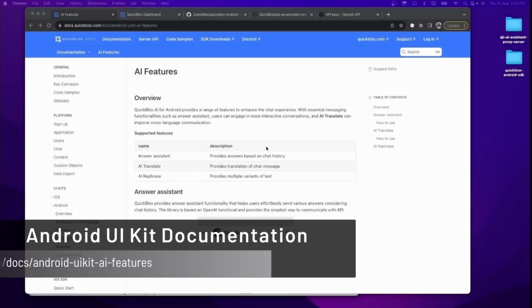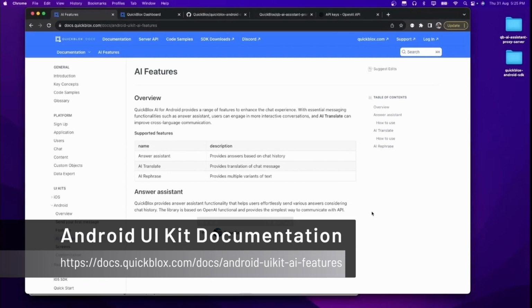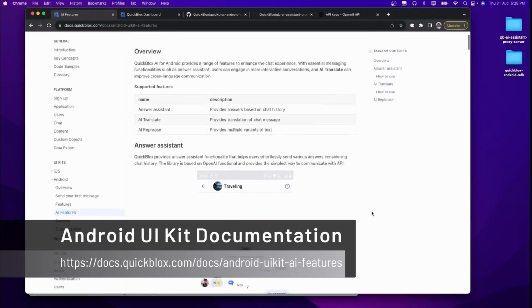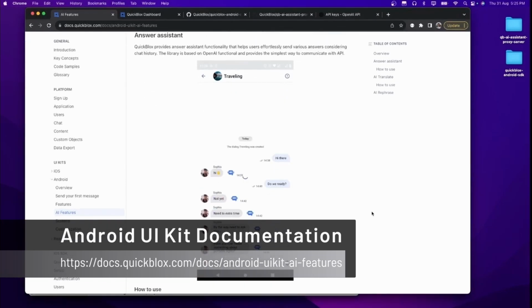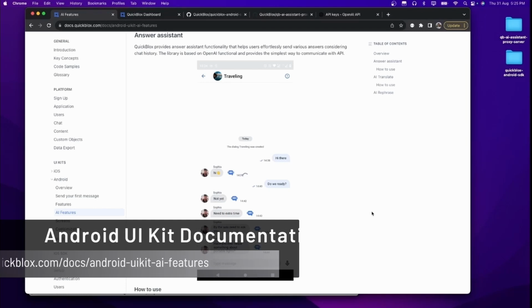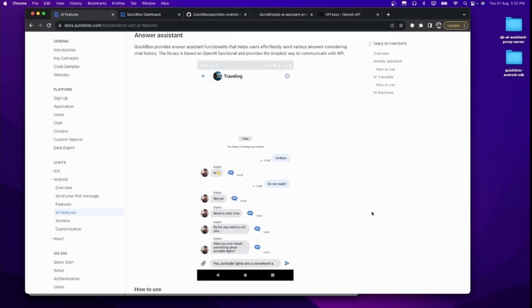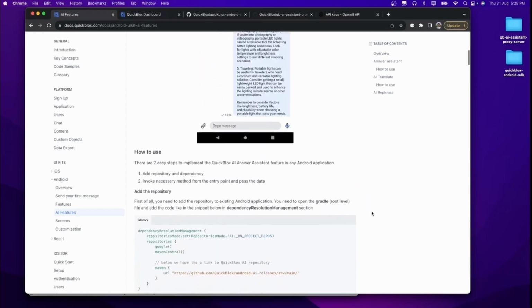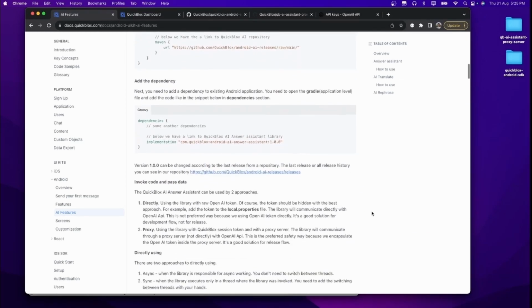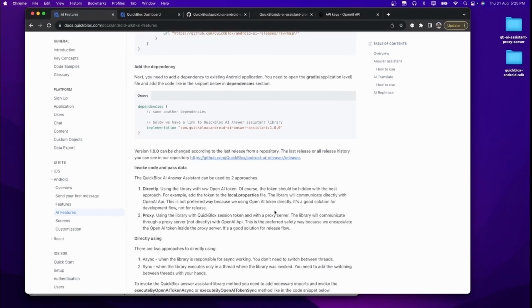Okay, so first up on the screen, we have the documentation open for our AI Answer Assist feature. We also have a short demo video here which shows how this feature helps your conversations by providing AI powered responses. Now scrolling down, we also have a how to use guide and the ways in which we can